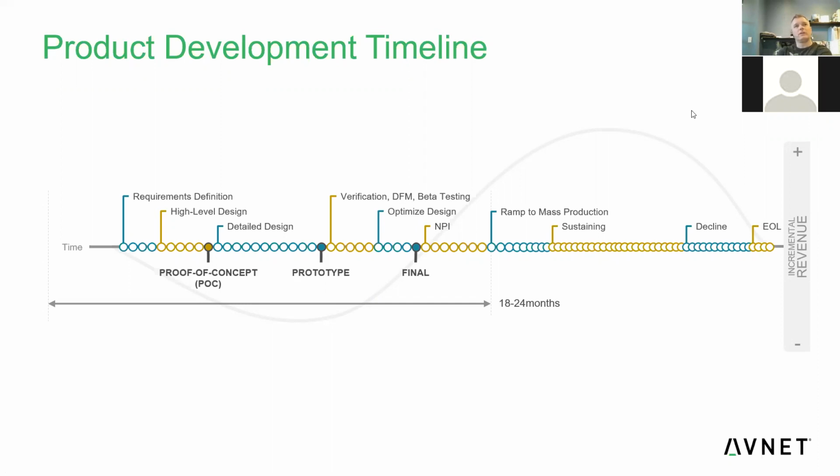And it all starts out with a requirements definition, and you start to refine it down until you end up with the proof of concept. The proof of concept is essentially trying to prove that the product will work. And one of the major elements, if you're doing a hardware-based product, is that electronics design at that initial stage, just to prove that the technology exists and that it's achievable. And then we tend to move towards that prototype, and we tend to get into more of the detailed design at that point. The prototype is meant to